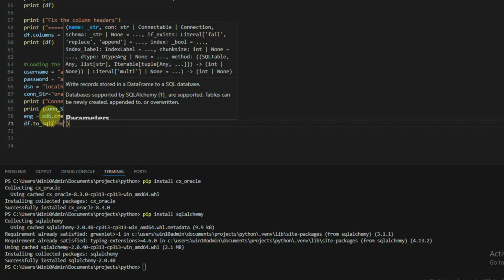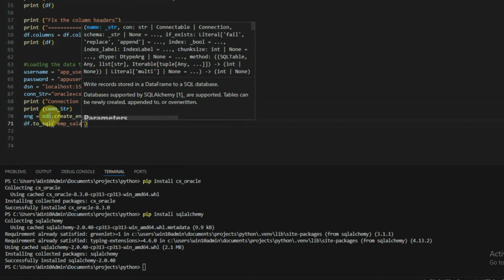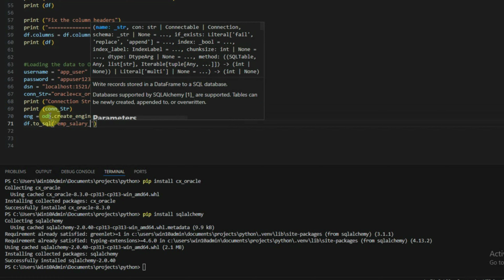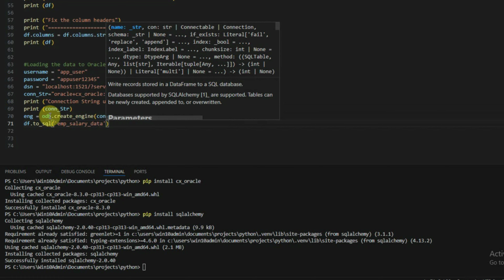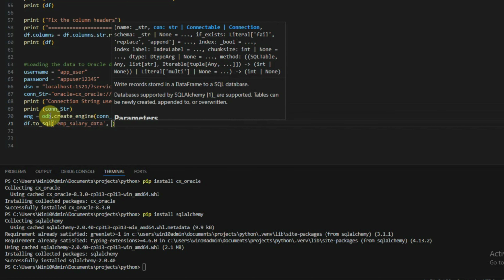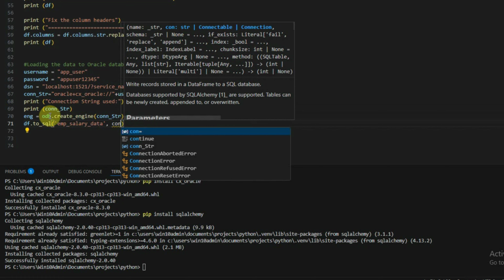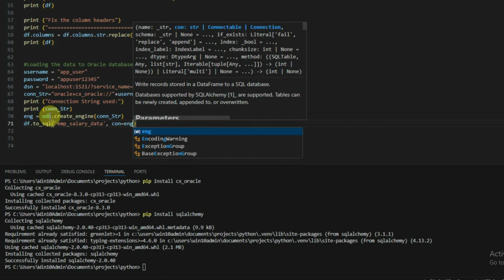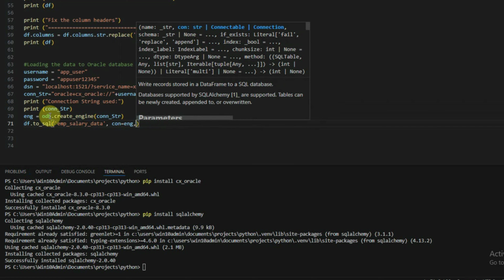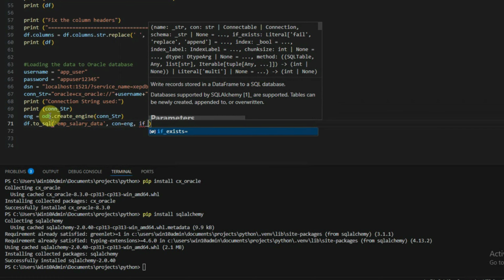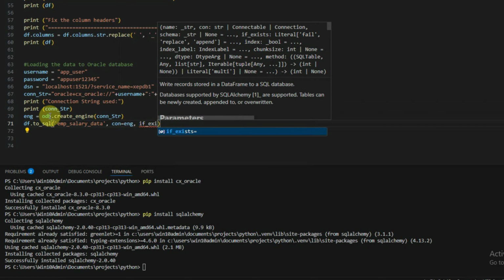So let's give it a name as employee salary data, comma, con equals to engine, that is the database engine we just created. And engine is nothing but which will drive all our database activities related to Oracle database,